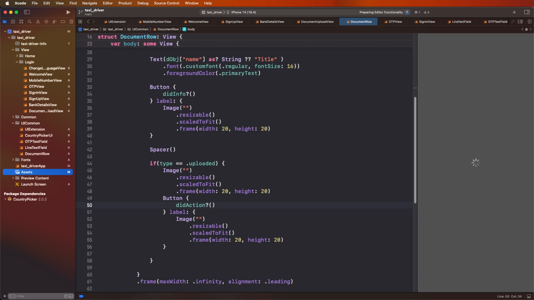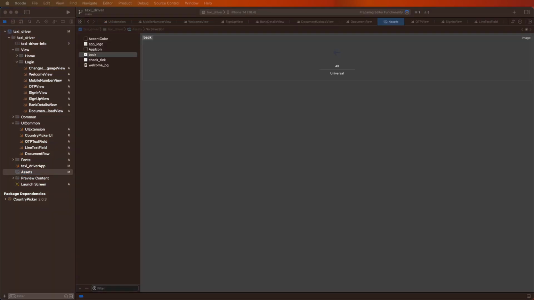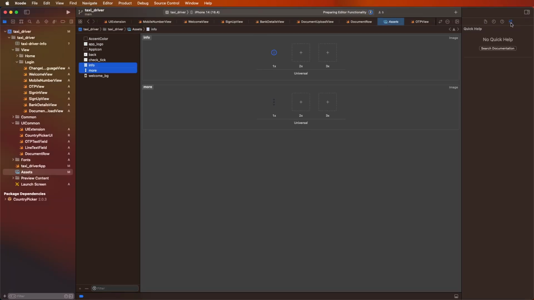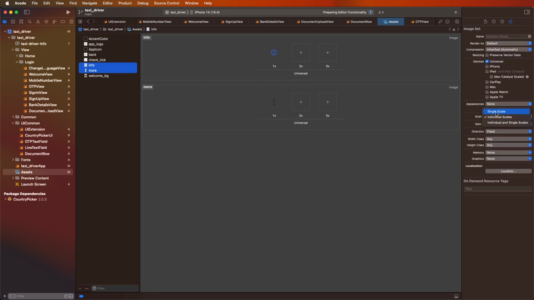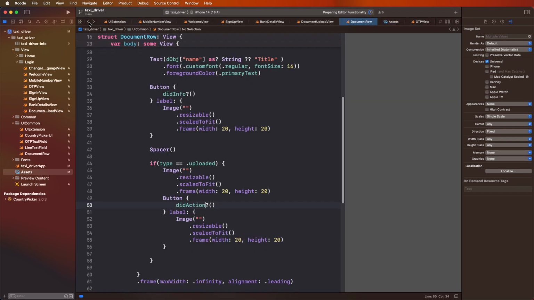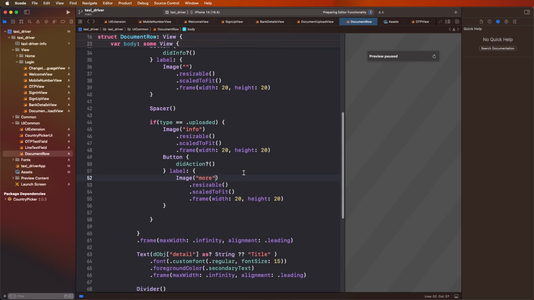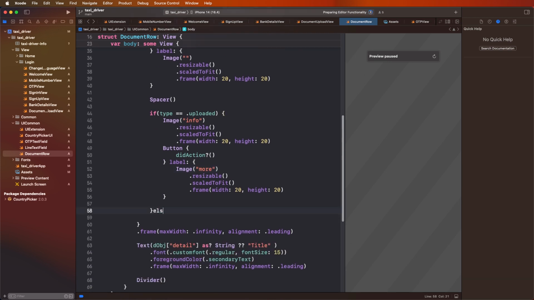Now need to go inside assets and need to put here some assets. Now need to change this property here. Scale, single scale, so need to set this here. Now need to use infos and more buttons need to configure here. First of all, here the more buttons like this sets here displaying. Else part, need to write down else if, need to use this here types